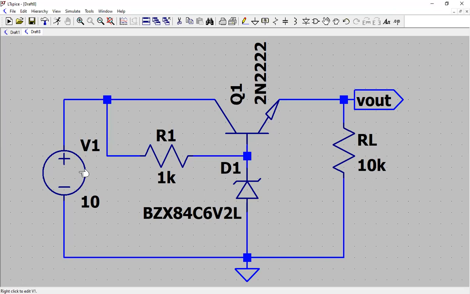So now what we're going to do is vary this voltage source, and we see if the output voltage is still constantly maintained or not. And what is the output voltage? Do you remember from the previous section? The output voltage is V naught, which is equal to Vz minus VBE. We have seen theoretically that the voltage across the load will always be the zener diode breakdown voltage